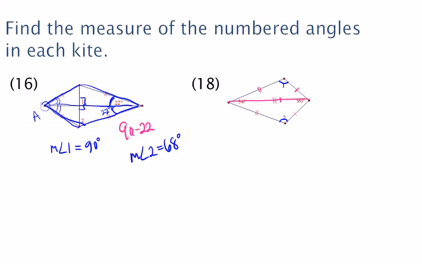So let me read that. The angles between the two non-congruent sides are congruent, okay? So this angle here is not necessarily congruent with this angle here, right? We can't say that those are congruent. All right. So 1 and 2 are congruent, and we could do the bisector and do it that way, but we'll just use what we know about a quadrilateral, which is the angles add up to 360, right? So I can say